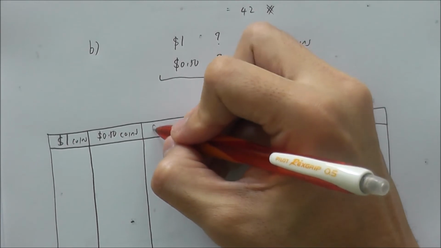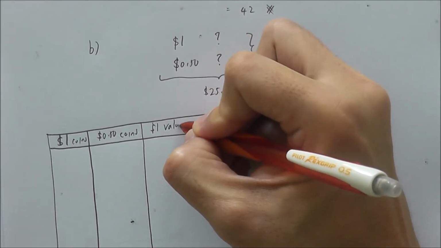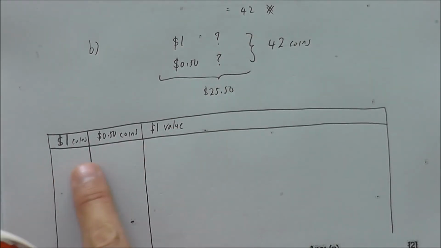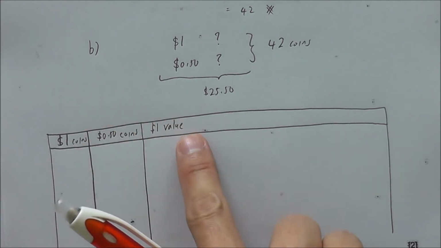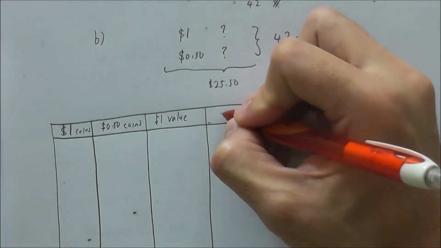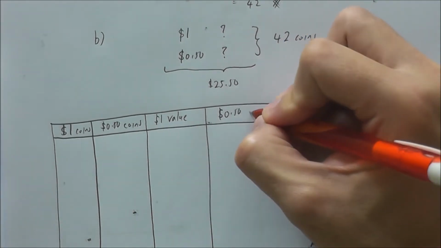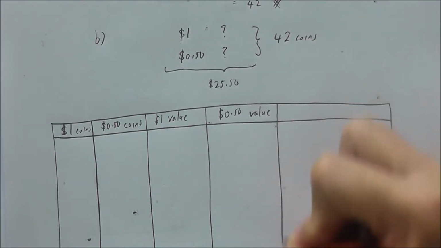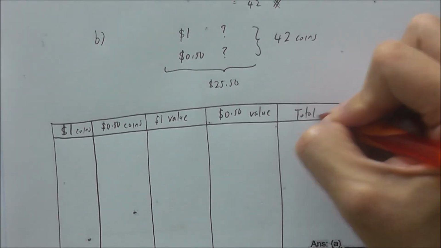Okay, then the $1 value. So this is the number of coins, right? So when I times by $1, that will give us how much money it is. Okay, then after that, I also have the 50 cents value. Then I have the total value,